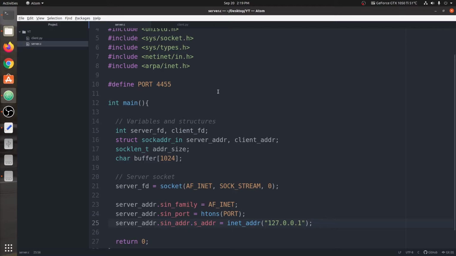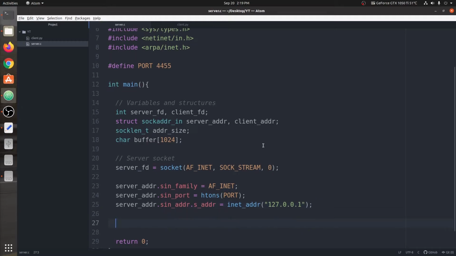Some people ask me how we can run the client and server programs on different computers. In that case you need to make sure that both the client and the server computers can communicate with each other. In case of a LAN, they would easily communicate with each other. In case of a WAN, the internet, like you and your friend wanting to communicate through these files, I'm not sure how it would work, but in case of LAN, it would easily work. I'll show you this LAN demonstration in another video. Okay, so now let's continue with this part first.